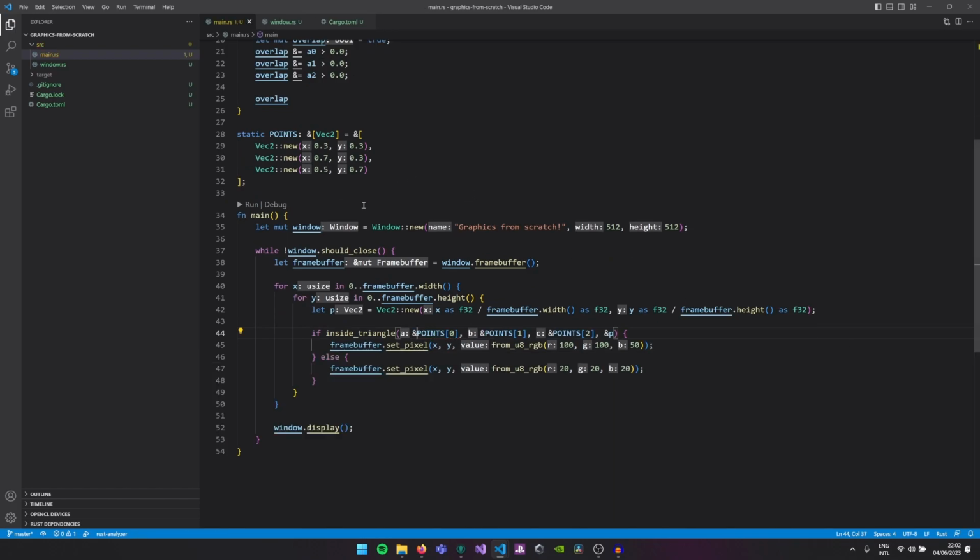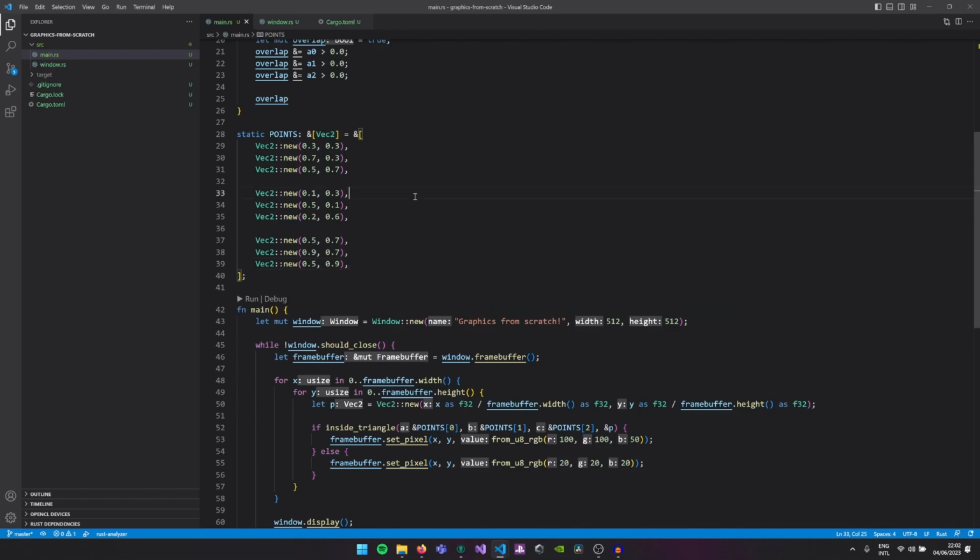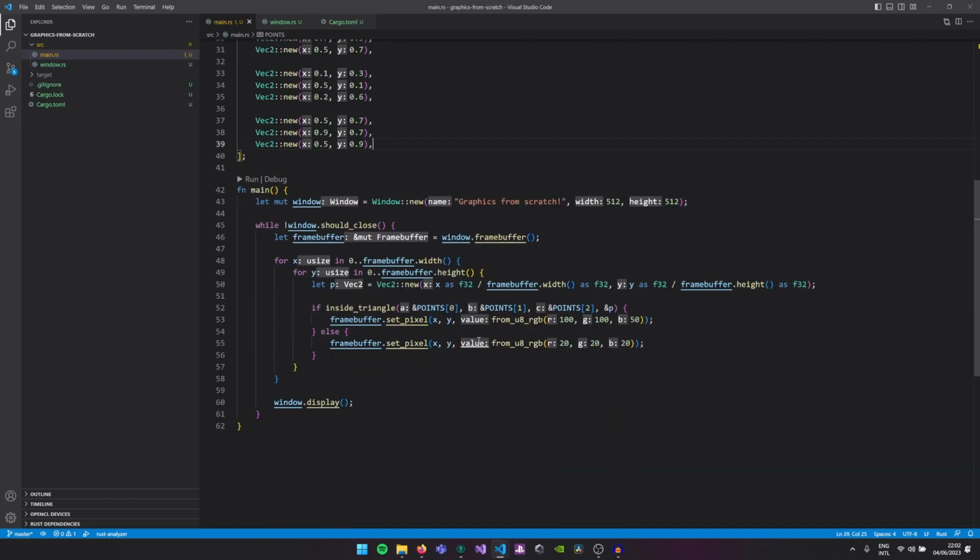Okay, so what if you want exactly the same as the thumbnail did? The thumbnail had a few more things. It had 3 triangles, but to also speed things up a little bit, because the CPU isn't that fast, you can see we had 3 triangles, so 9 points. But we also did something else. I did a small optimization, which was not writing unnecessary pixels. So in here, we're looping over all pixels on the screen. But as you could see, not all of them are actually inside the triangle. We can do a pre-check basically to see in what range our for loop needs to go